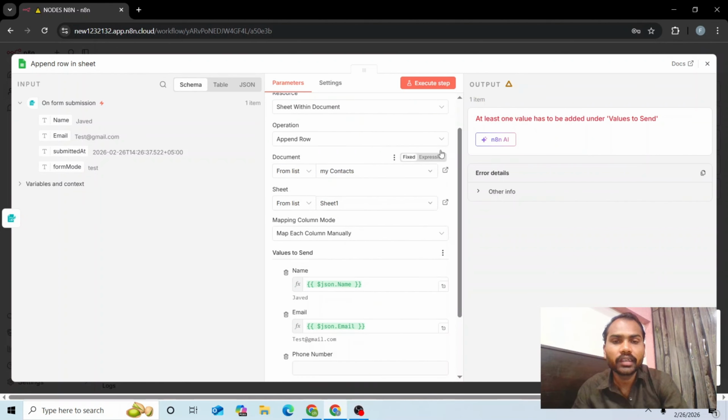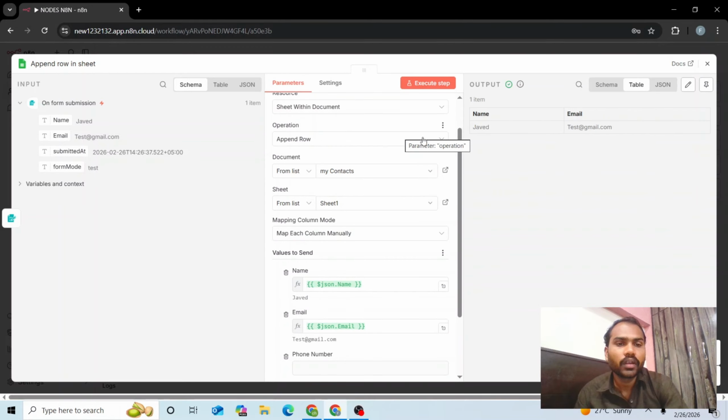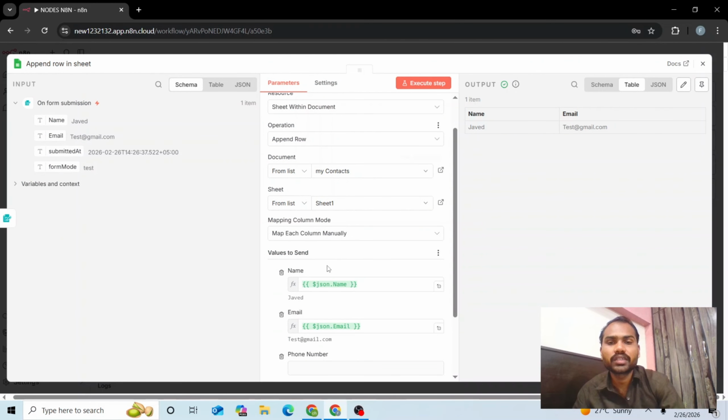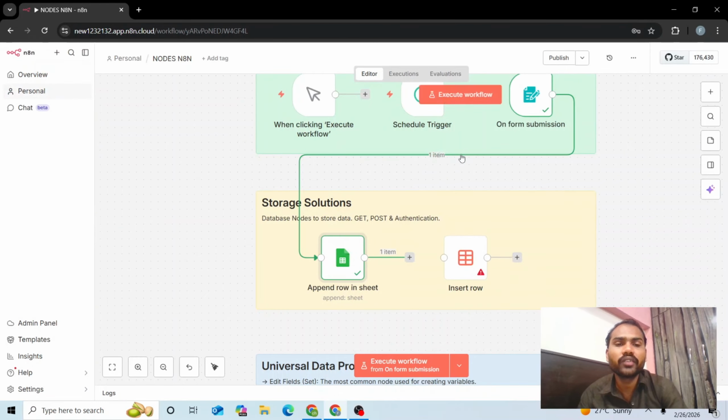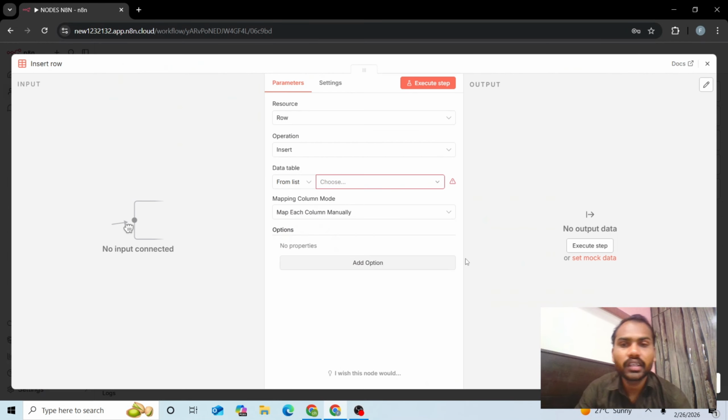And then if we execute this step, it is going to add this data in these Google Sheet columns, in this sheet. Like in my contacts, you are going to have this data. So this is how the Google Sheet node works. After the Google Sheet node, we have this insert row node in our n8n, which is going to insert any row